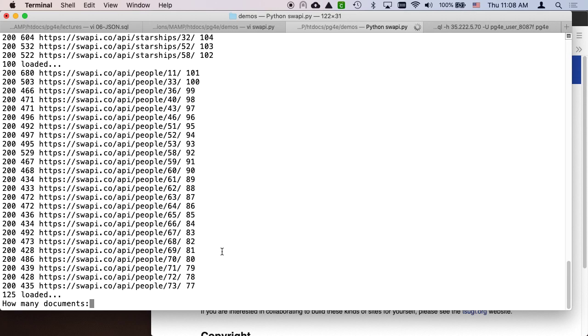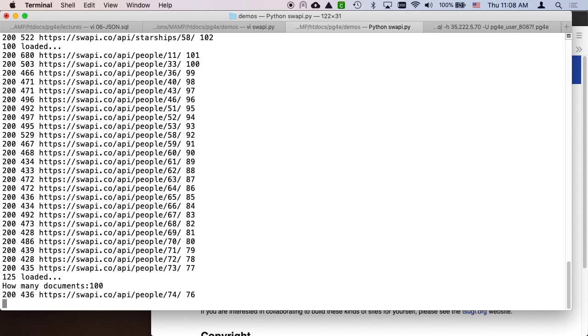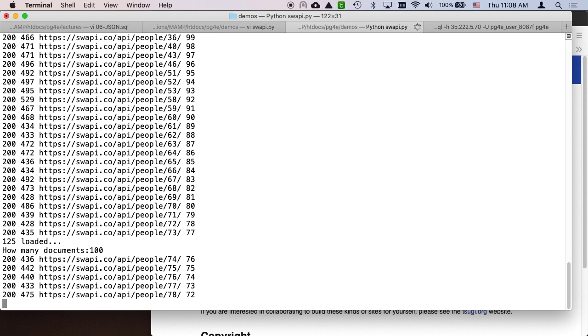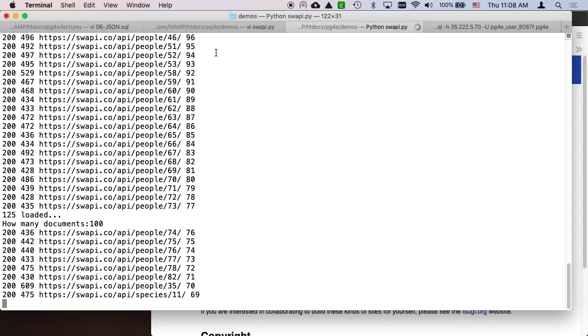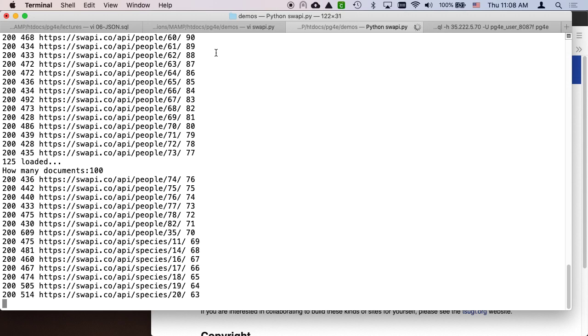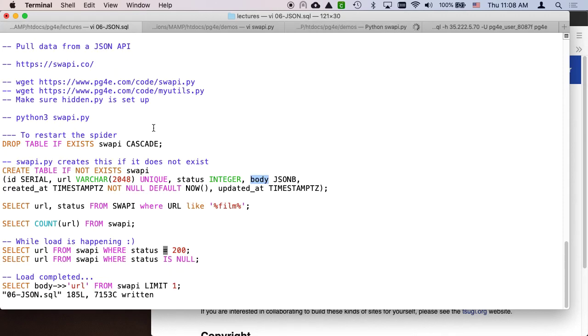We're starting to run out of things to do, so let's go do another 100 documents and see what we're done. Look, there's only so many documents, so it doesn't run forever, which is good because we don't want to rate limit the poor API. Okay,